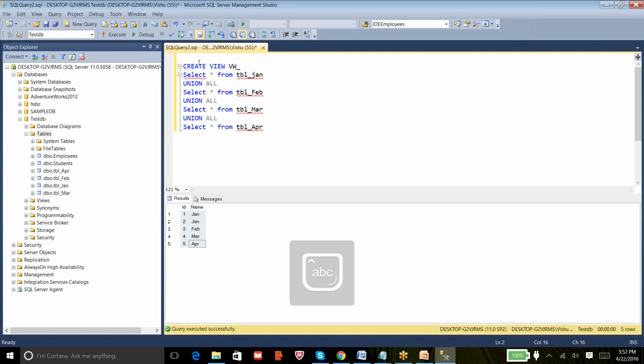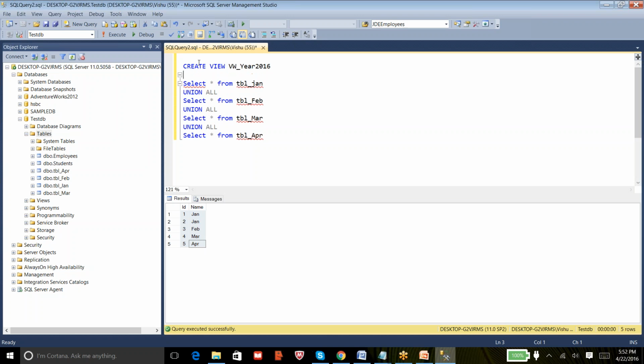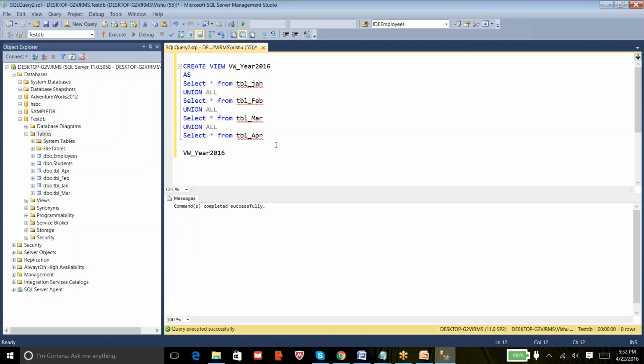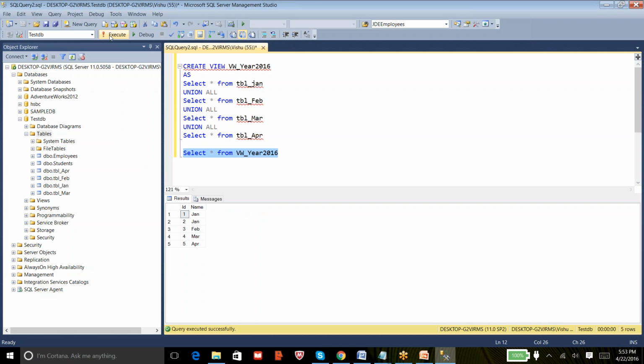We say it as year 2016 and just execute it. And now to the user, you can just give this name, and he doesn't even know whether this is a view or a table, because whenever he reads the data, it just picks up all the data from these 4 tables and gives you the result.